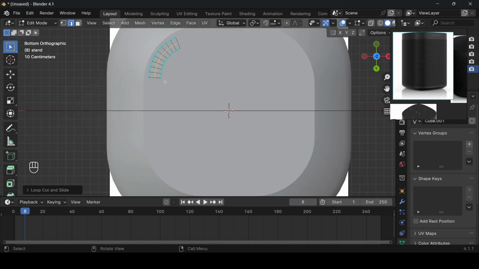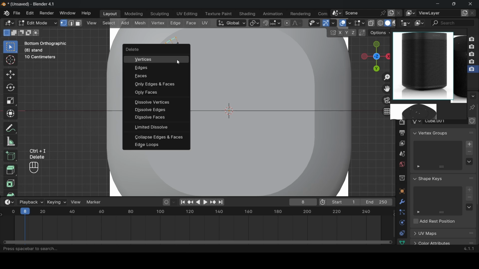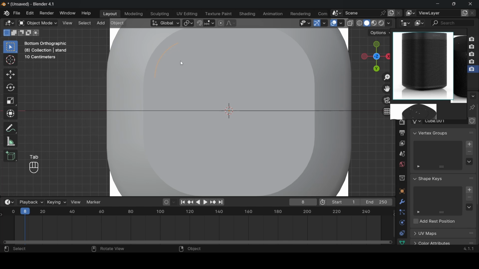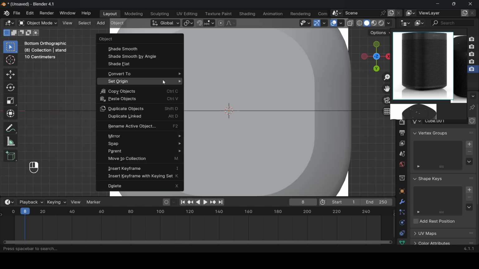Then press Ctrl I to invert the selection, and then maybe go to your vertex mode. Let's select that again. Go to your vertex mode by pressing 1, and then press Ctrl I to invert the selection, and then just press delete vertices. So you have this single edge of vertices right here. And then I'm just going to tab out of edit mode, and then I'm just going to right click, convert